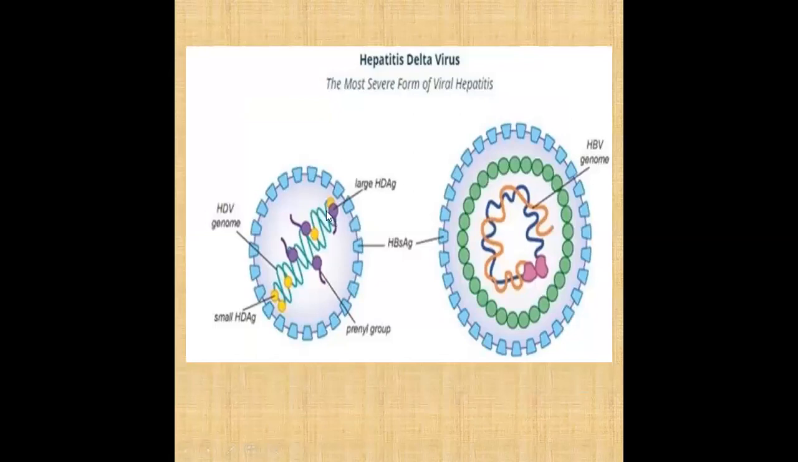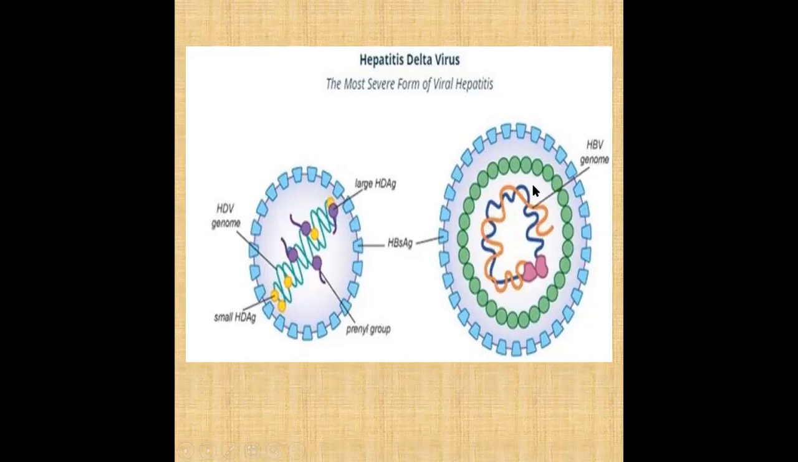Then these blue lines are the hepatitis D genome, or we can say the genetic material, that is present. And here there are smaller hepatitis D antigens, shown by the yellow circles that you have to observe. These are the prenyl groups, which are required for transmission. In this figure we see a hepatitis B genome, the cream-colored line that we observe here,